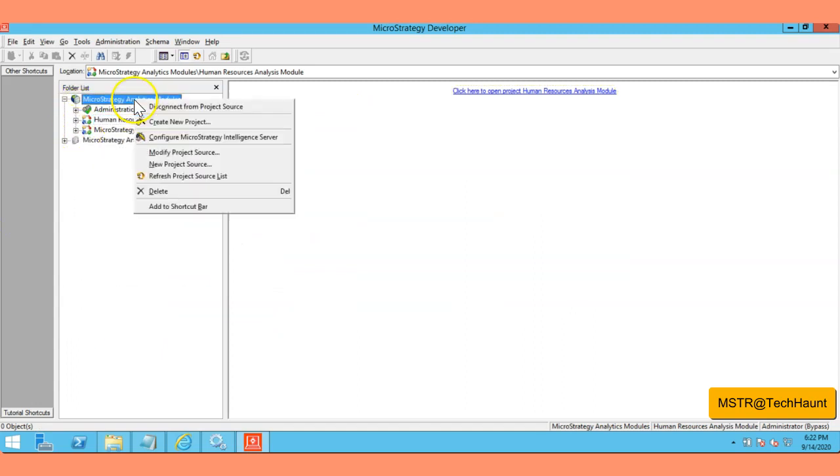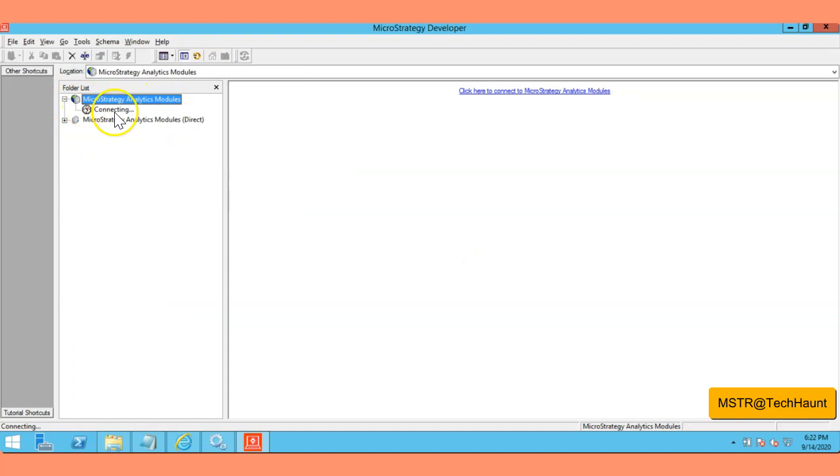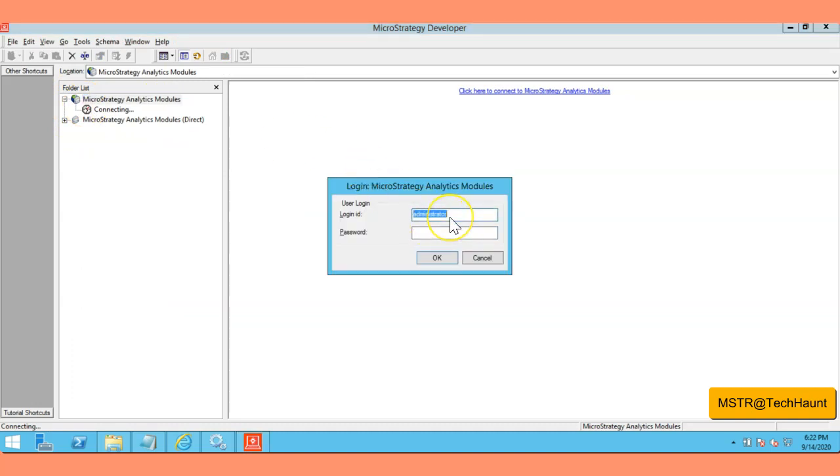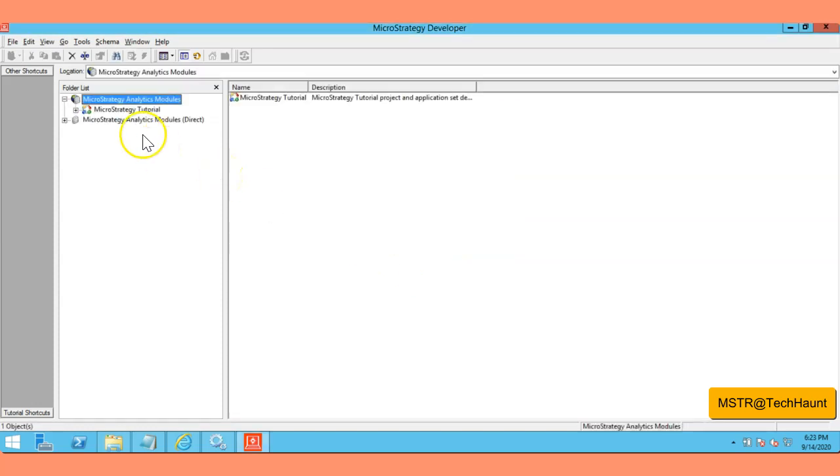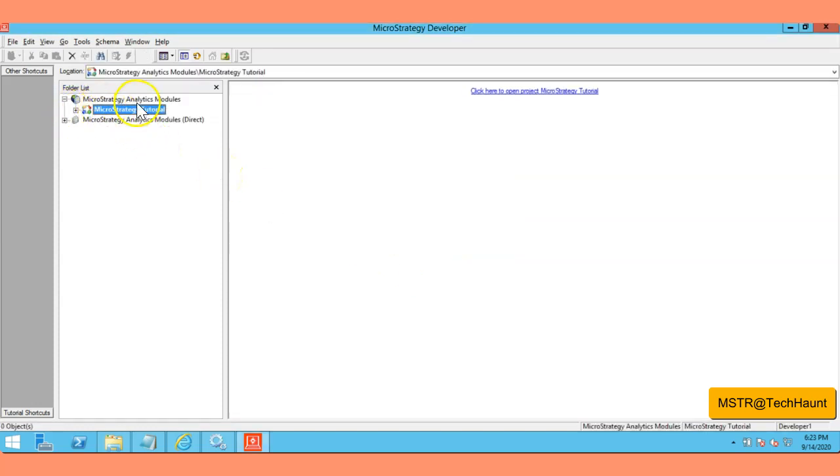Now let's disconnect, and I'm just going to select this one, developer one, and let me log in with developer one. It should be logged in, and you can see only one project, because we have added the developer two user to the MicroStrategy Analytics module.